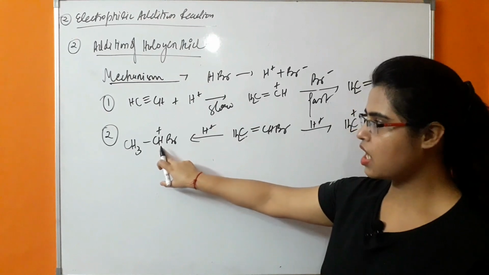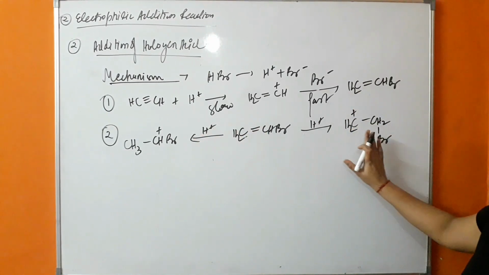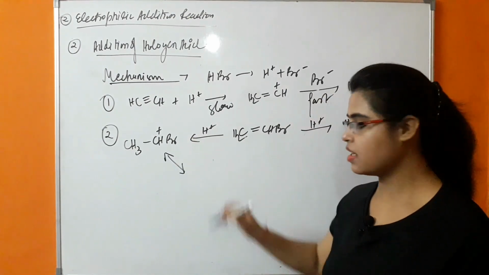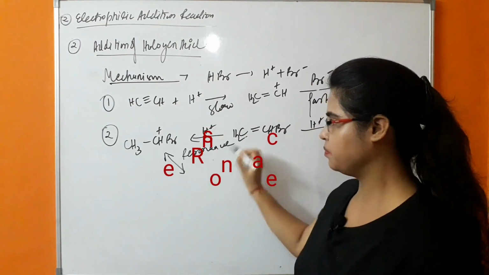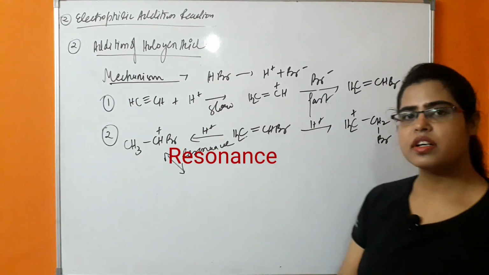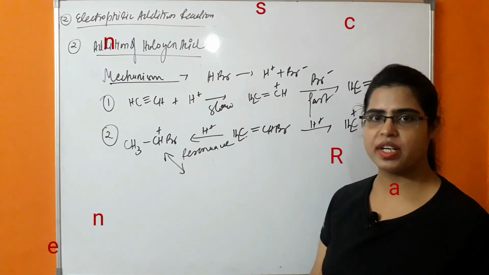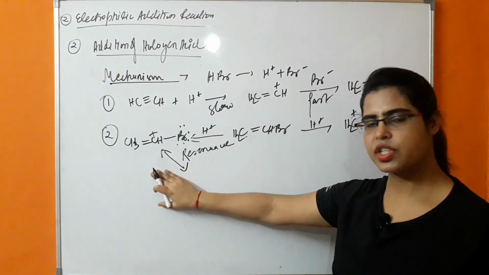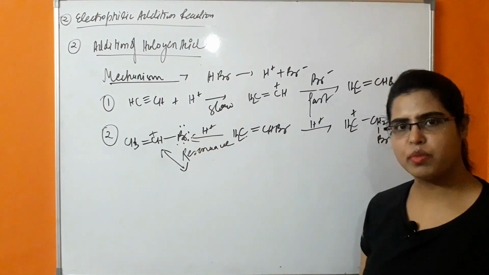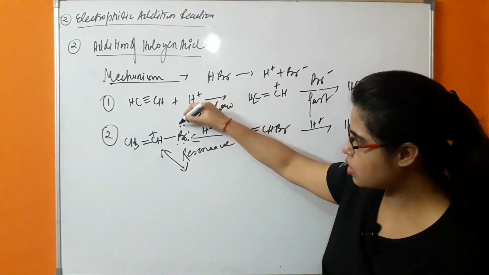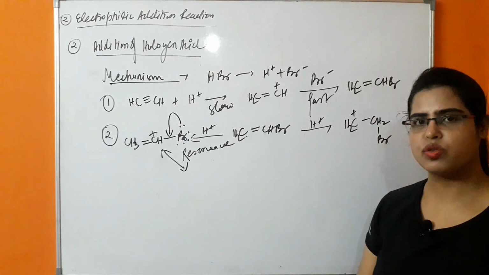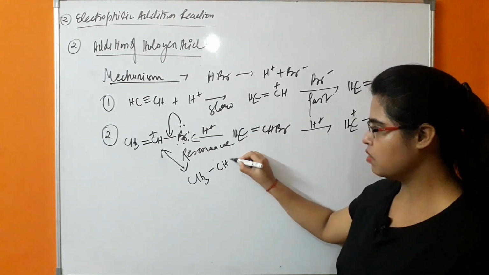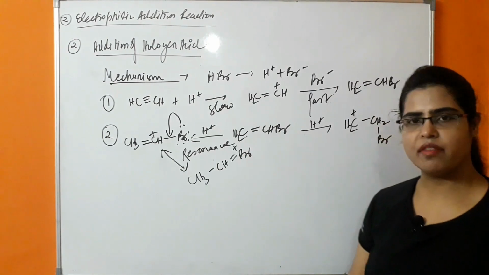In this case, this carbocation is more stable in comparison to the other, because conjugation occurs and resonance takes place. Whenever resonance takes place, the species is much more stable. Why is it more stable? Because it is attached directly to bromine, which has a lone pair of electrons. This lone pair is involved in conjugation with the carbocation, so there is formation of CH double bond Br, and Br now has a positive charge.